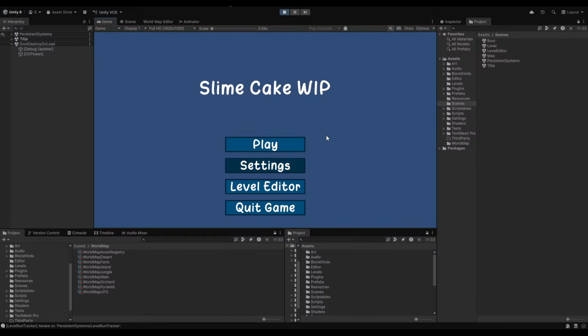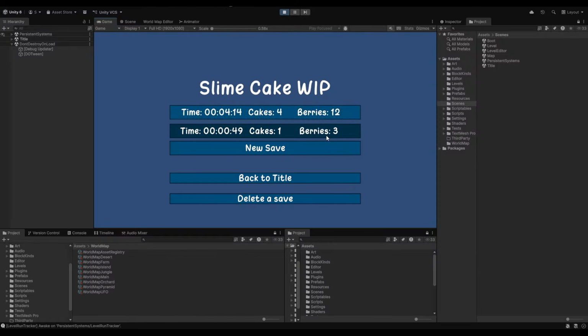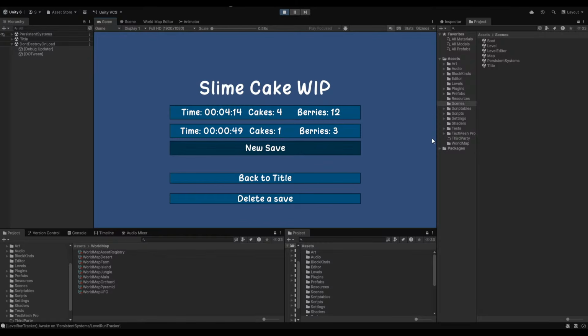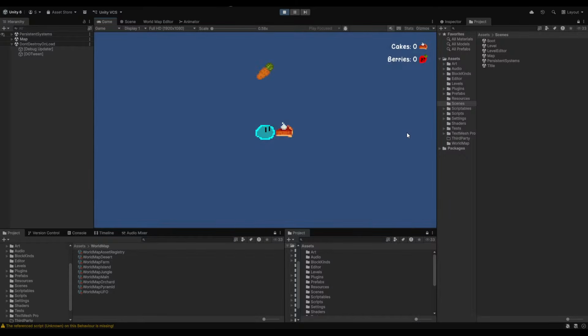Let's just go to play and just show new save. It's very poorly done at the moment. If you can't tell, this is pretty much the same menu navigation as Baba Is You, because I've been just peeking over at the video just to see how it's handled there. It's pretty clean, right? But yeah, let's just hit new save.